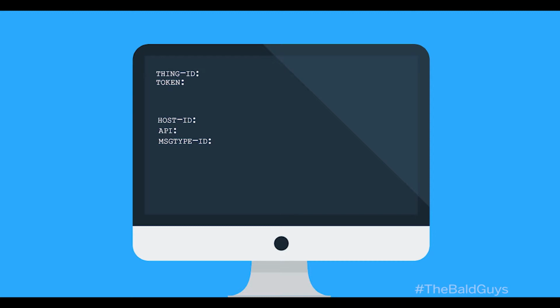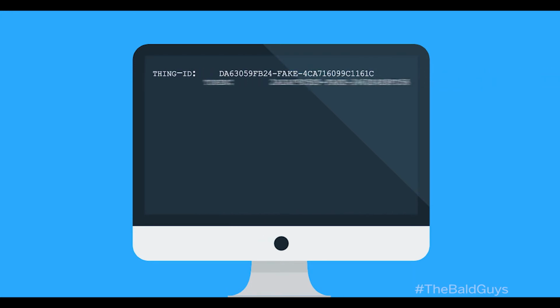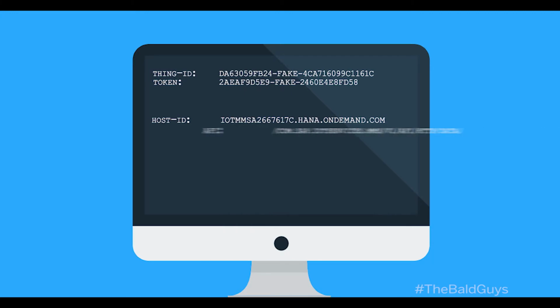I have received the following information for my device. The thing ID, also known as device ID, the token, the ID of the host the IoT Foundation is running on, the API address, and the ID of the message type.